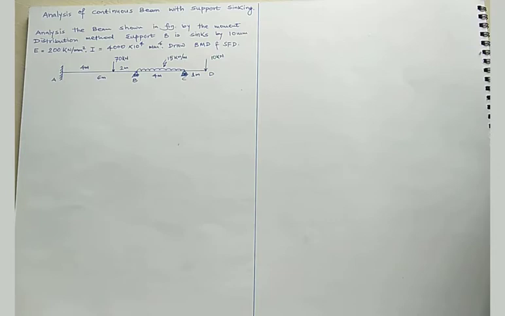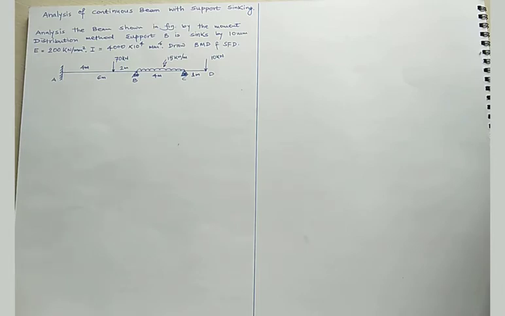In a fixed beam AB, if the support B is lower by a value del, then the moment induced is minus 6 EI del by L square, where del is the settlement of support. If the support B is higher by del, then the end moment induced is plus 6 EI del by L square. The moments are computed using the given loading and due to the settlement of support, and then we sum up the fixed end moments.